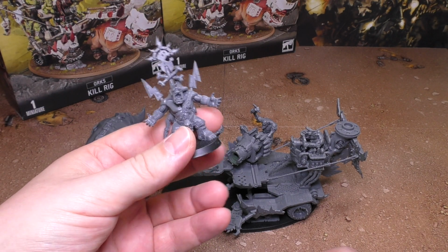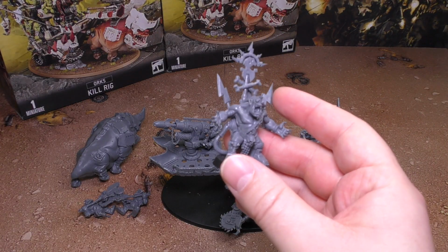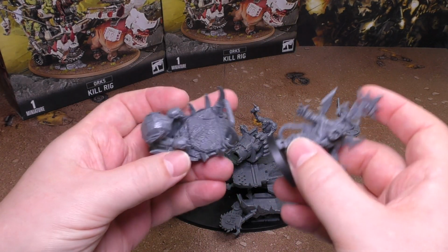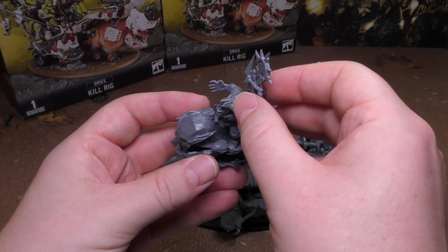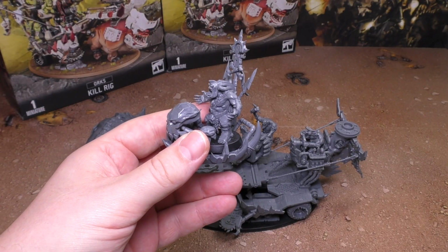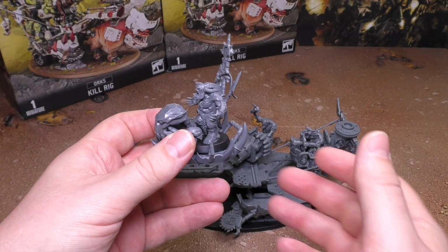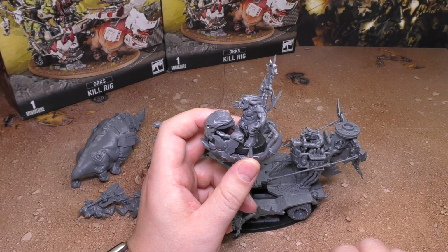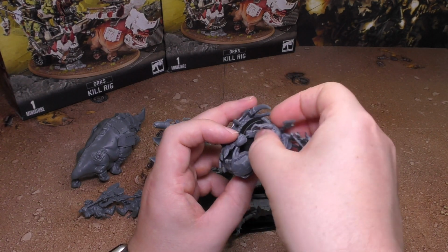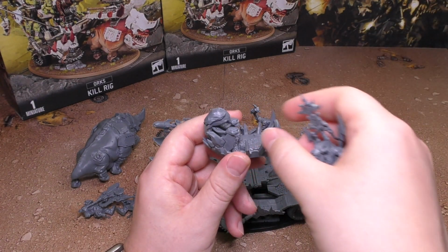They want you to put him on his base separate if you build the hunter rig. But what I've done is put him on his base anyway, and the whir tower is so cool that you can actually just fit him on. Bearing in mind, if you're using it as a kill rig, he's not going to be able to pop off or disembark or anything like that. So when the time comes, I might just take him off there and glue the one from the other set